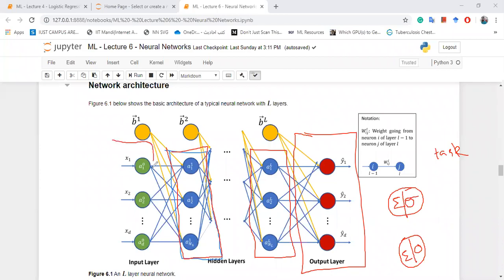Then we have this layer of neurons, which is a pseudonym here, a misnomer. These are basically not neurons. We just denote them as neurons for the consistency of the terminology, but these are not basically neurons. They will just simply pass the input to the next layer. Fine. So that's why this is called the input layer, and sometimes in our notes we will denote it as layer 0.